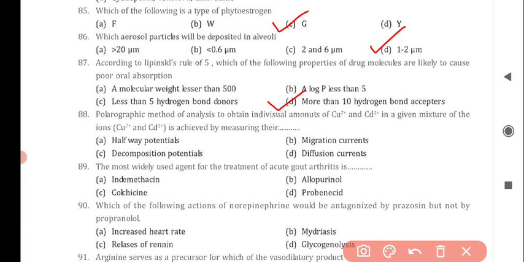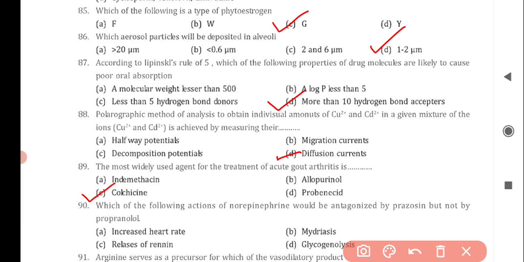Next question is: polarographic method of analysis to obtain individual amounts of Cu2+ and Cd2+ in a given mixture of the ions Cu2+ and Cd2+ is achieved by measuring their, and the correct answer is option D, by measuring their diffusion currents. Next question is: the most widely used agent for the treatment of acute gouty arthritis is, and the correct answer is option C,